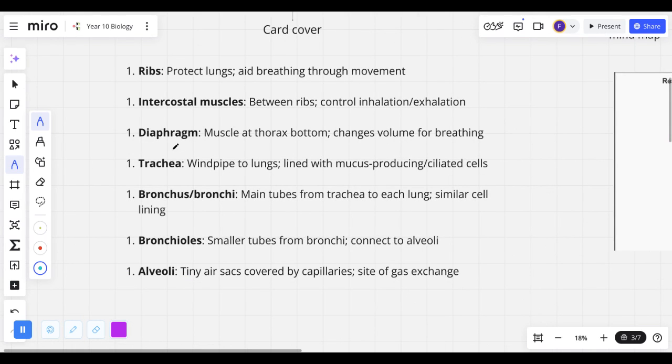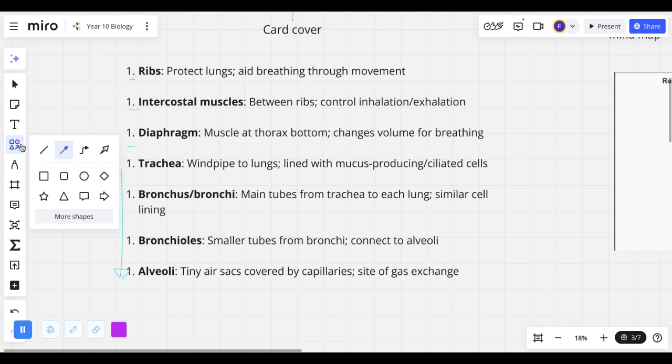So here is everything you need to know, and this is in terms of content. Your sequence of where you need to go down is here. So this is where the air goes: trachea, bronchus, bronchioles, and alveoli. It's in order. And these are the structures you need to know: your ribs, your intercostal muscles, and your diaphragm. And what you do is,